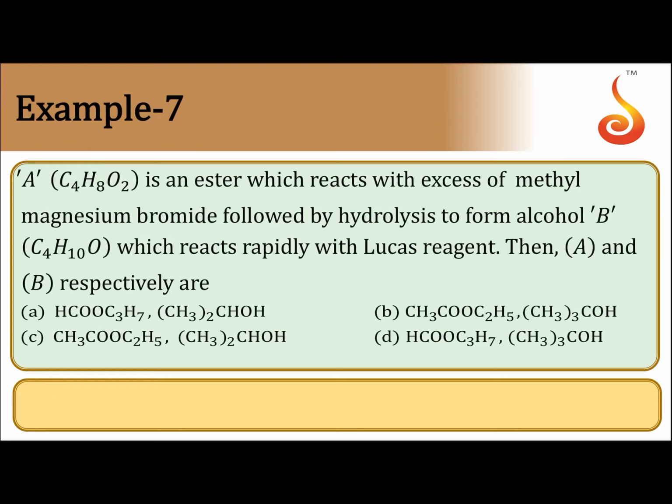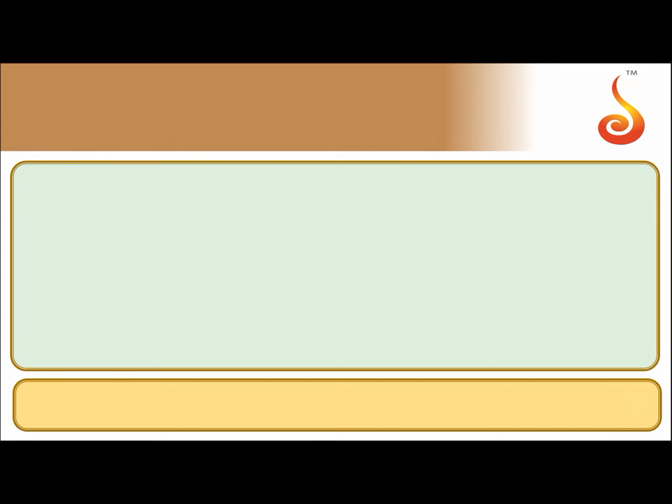A is an ester which reacts with excess of methyl magnesium bromide followed by hydrolysis to form alcohol B. This alcohol reacts rapidly with Lucas reagent. Then A and B respectively are... they're asking us to find out what is the ester and what is the alcohol obtained there. So now coming to this question, first let us see what happens when an ester reacts with